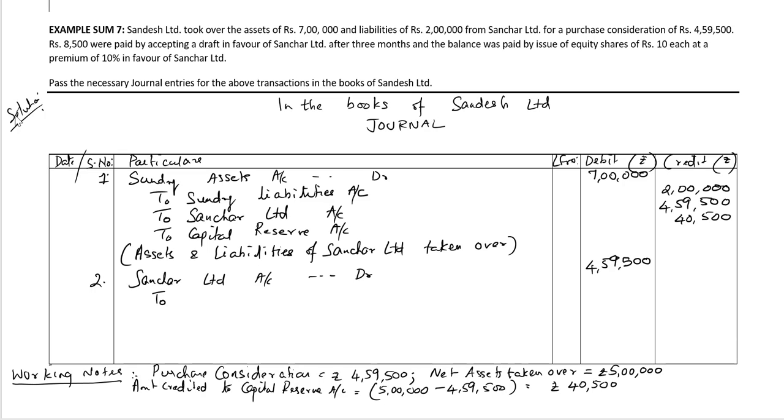It says rupees 8,500 were paid by accepting a draft in favor of Sanchar Limited after 3 months. So to bills payable account, 8,500 rupees for the acceptance of the draft,